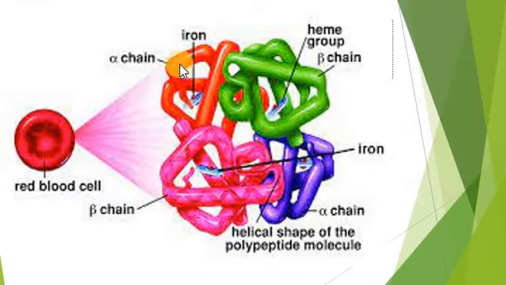You can see that there is an alpha chain and there is a beta chain. Each hemoglobin molecule is made up of 4 heme groups. Each one binds with 1 oxygen, so 4 units bind with 4 oxygens. By this iron-rich protein, blood cells are capable of transferring oxygen from the lungs to the rest of the cells in the tissues and organs of the body.